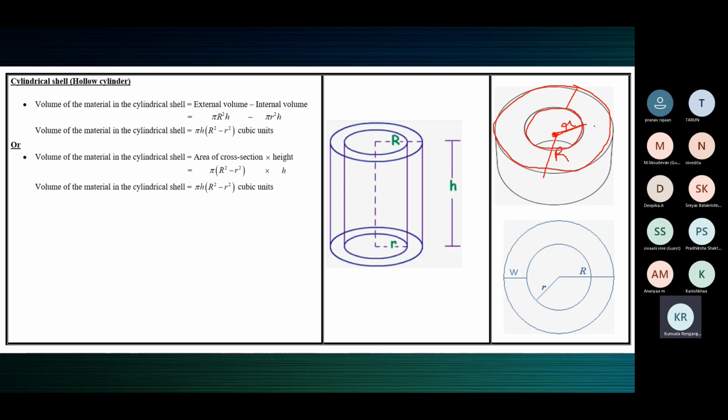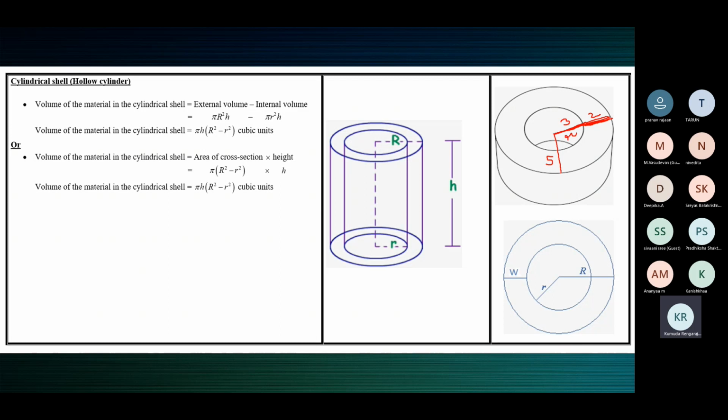Maybe if the inside radius is say 3 centimeters, from this figure, this can easily be 2 centimeters. So the outer radius will be 5 centimeters. That is, if this is the inner radius 3 centimeters, the thickness of the cylinder is 2 centimeters. You cannot ignore the thickness. 2 centimeters is measurable.